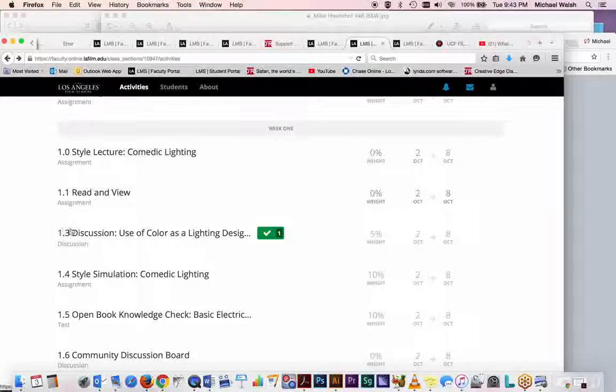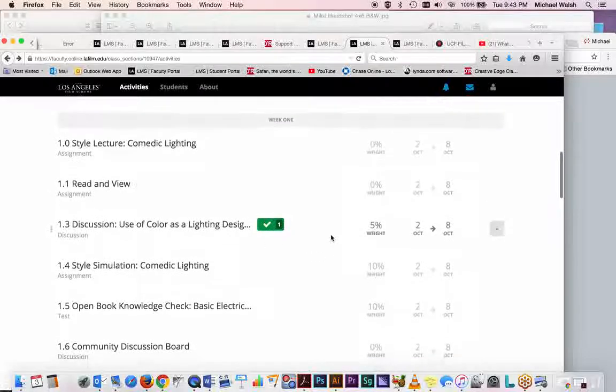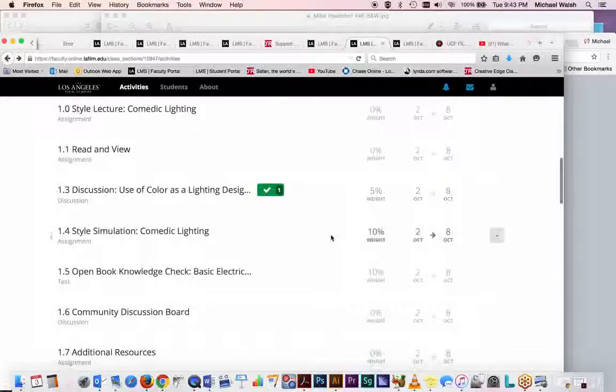Your reading view, then your discussion, and there'll be a topic already selected for you to chime in on. And again, don't be afraid to assert your opinions. You can't be wrong, but try to use your best observational skills when you raise a discussion on color theory. Try to rely a little bit on the reading view, but the idea is we want to find out how you feel about color and what you think about color now, and hopefully those opinions will either change for the affirmative or they will become enhanced and evolve over the course of the month to something of a little higher